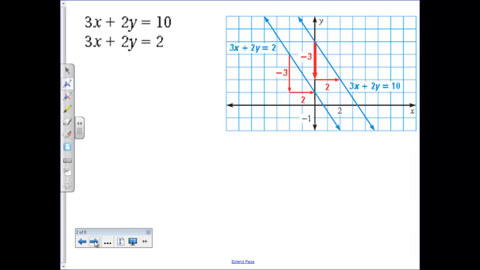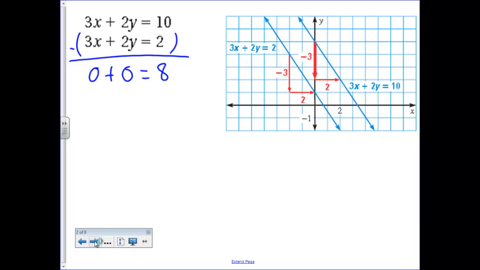Now we can go ahead and solve this and try using elimination here. So we're going to go ahead and subtract these, and you'll see that we end up with 0 plus 0 equals 0 equals 8. And we know that that is not true. So anytime your variables drop out of the problem, we've got to check to see if it's true or false. Well, this is false. That means there is no